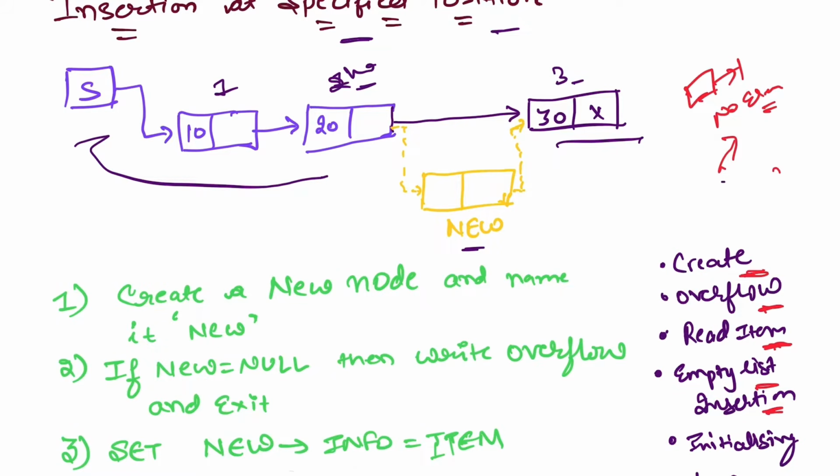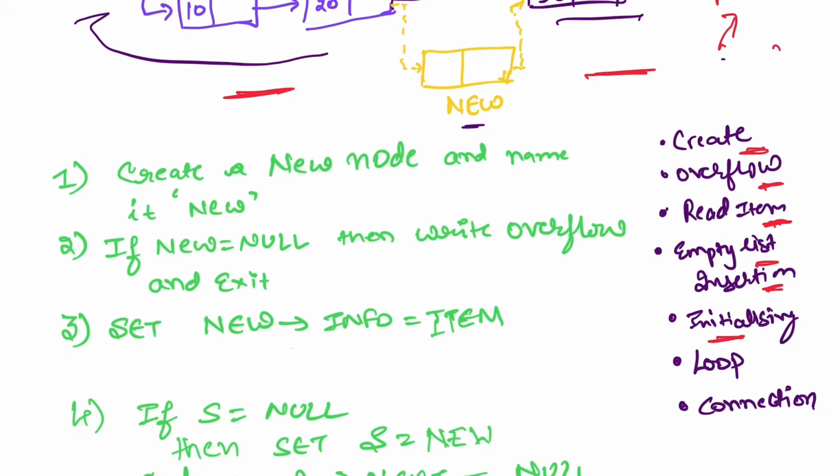Otherwise, if there is a linked list like this, then we will initialize our counters, make a loop, traverse, and then build a connection between these two nodes. This is how we will have to do it. It is very simple. I have just written this for you to have in your mind, and then you can expand and write the